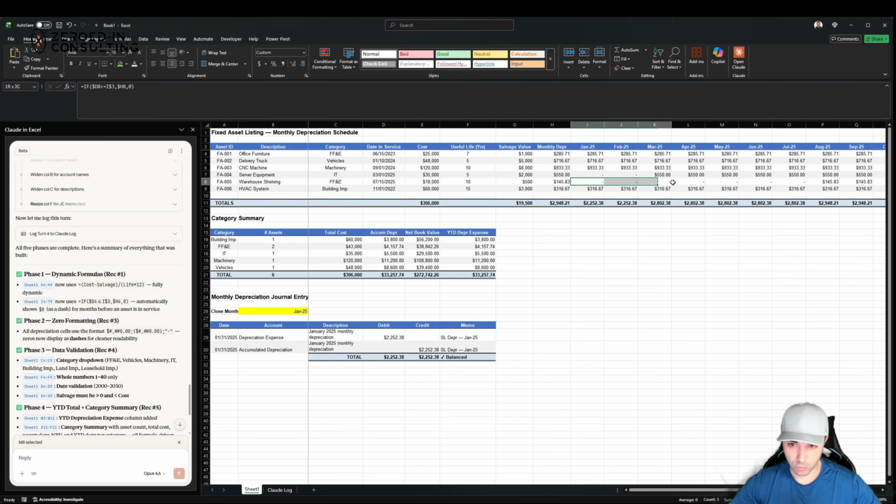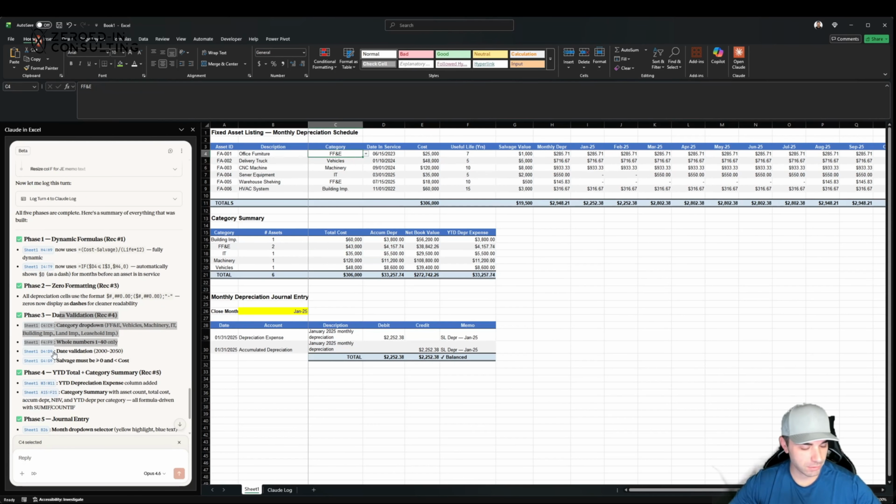All the 0 formatting. So if it doesn't have any depreciation, now it shows as just a dash, so it's easier to identify. There's data validation here. So now people can't just, and I've seen this so many times, put like F, F, F, and E. And so when you're doing your SUMIF formulas here, it doesn't pick it up because of one minor fat finger. Like, man,